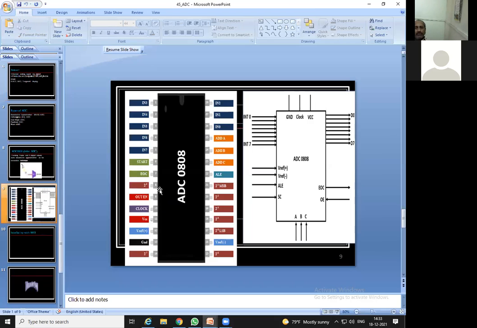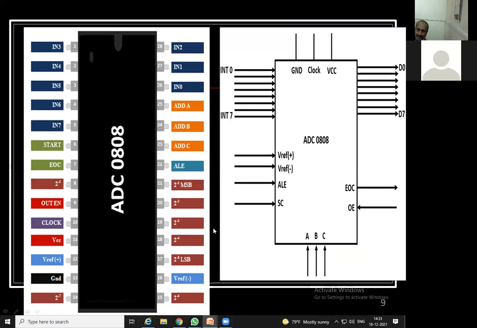So next, if you go for this particular ADC and DAC. So what is this ADC? ADC is nothing but analog to digital converter. It will take one input and convert it into multiple outputs, in the form of multiple bits. It is not going to make an amplification or some other kind of change, it is just conversion.